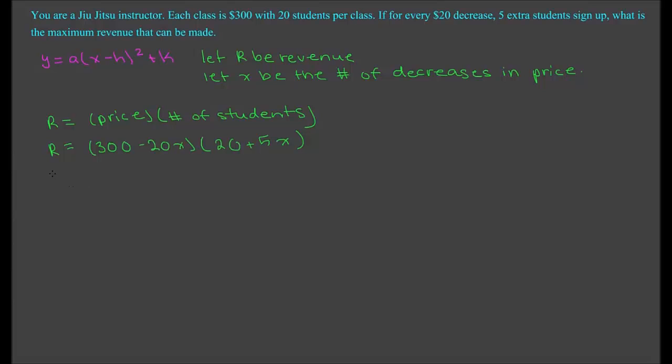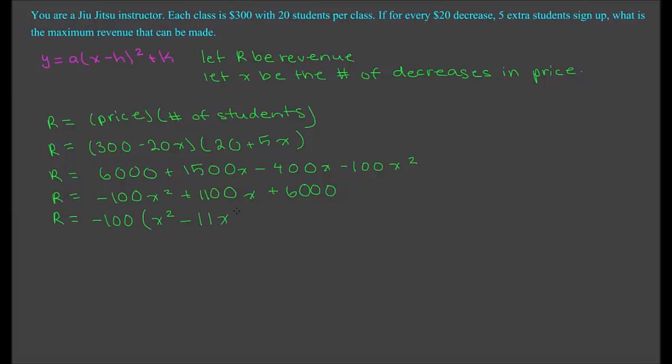Now we have to expand the equation. When we expand it, we end up with r equals 6,000 plus 1,500x minus 400x minus 100x squared. If we simplify this even more, it will become r equals negative 100x squared plus 1,100x plus 6,000. Now we have to put it into y equals a [x minus h] squared plus k form. We make the x value have a coefficient of 1 by factoring out the first coefficient and making it the a value. Our equation will become r equals negative 100 [x squared minus 11x]